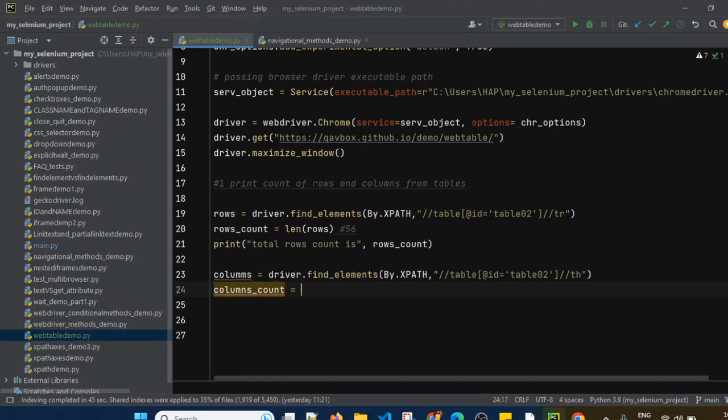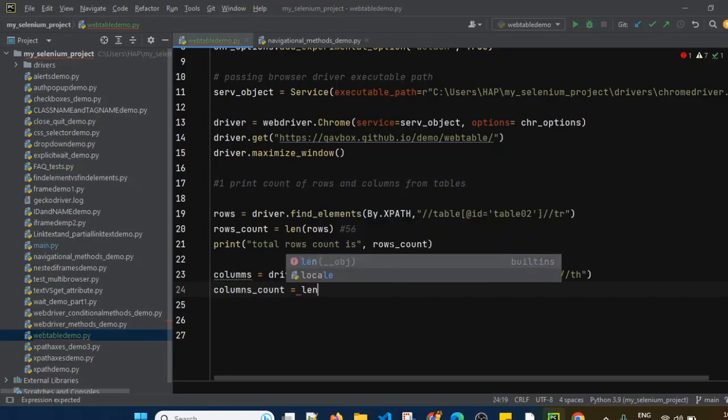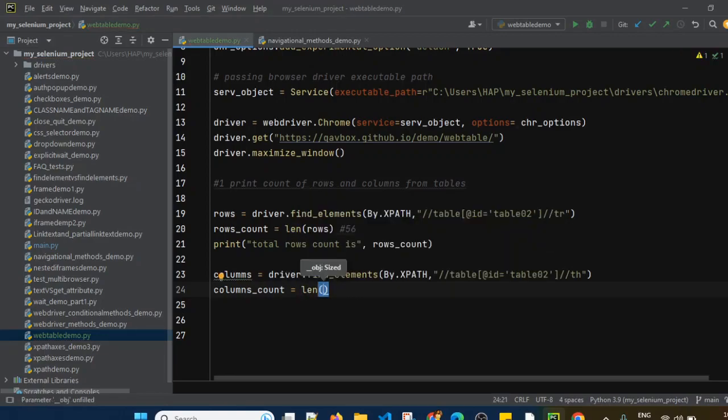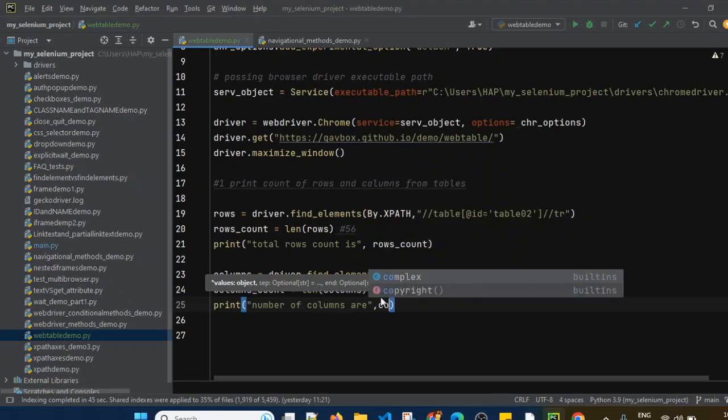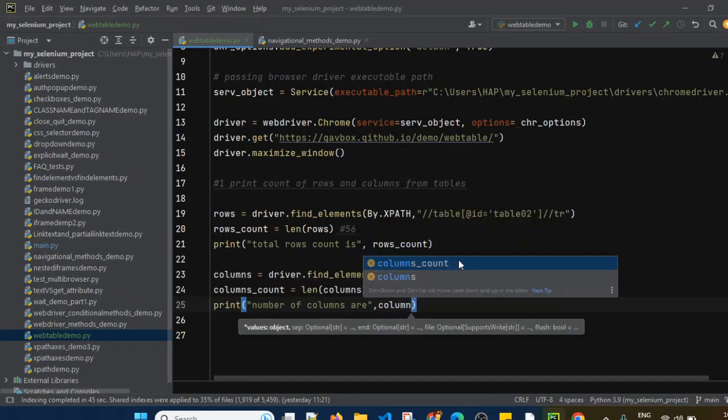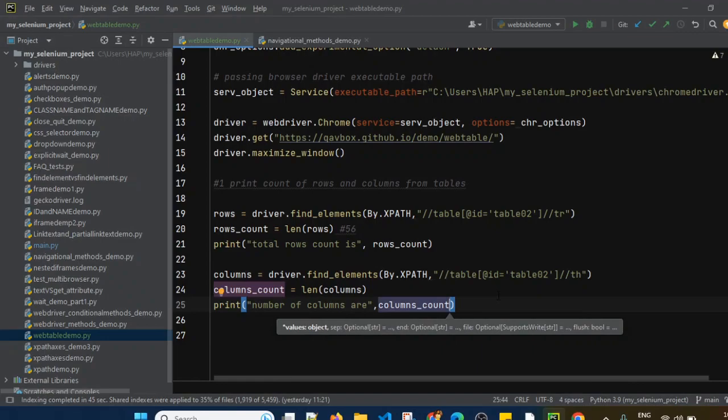This is the variable, length of columns. We can use any variable. Then I am simply printing number of columns are, comma, columns_count. So it should return the number of columns present inside the web table.